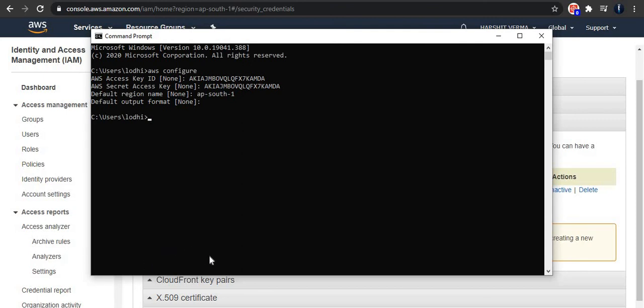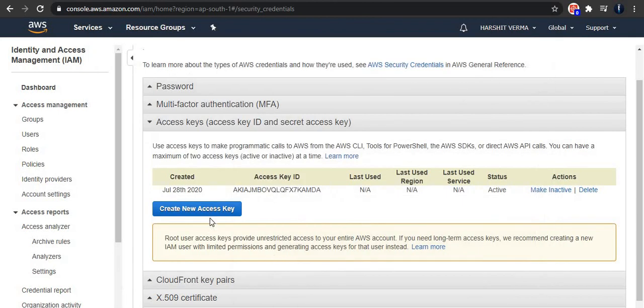So my system is ready to transfer any data to the AWS account using a different access key and ID. And here you can create many new access keys and IDs, and from here you can delete or make inactive any key or ID if you think someone else has got your key and ID. So through this you can easily transfer the data.